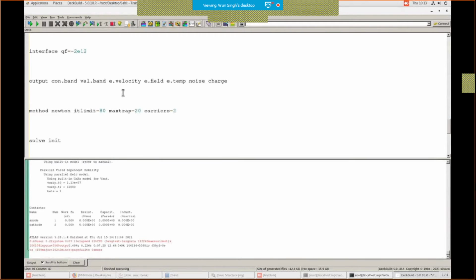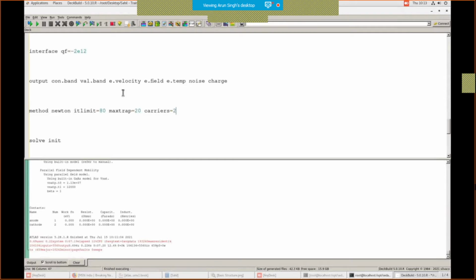So the method statement basically comprises three methods. These are iterative methods in order to solve the equations which we have defined in the models. Like SRH and FLD will have a set of equations which will be solved in an iterative manner. So method defines that iterative manner in which those equations will be solved.